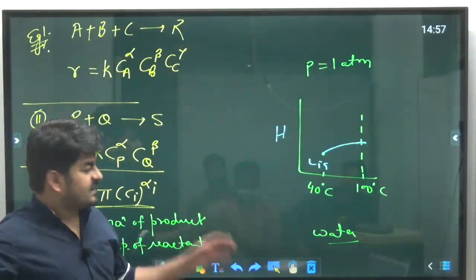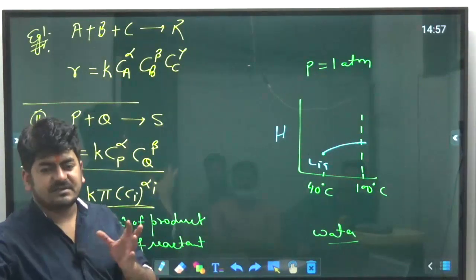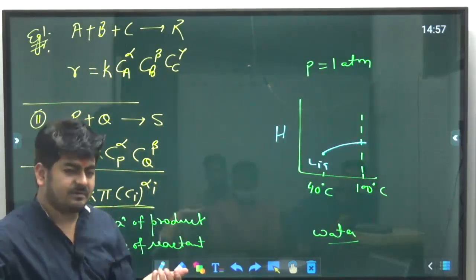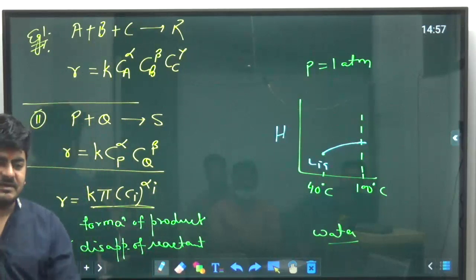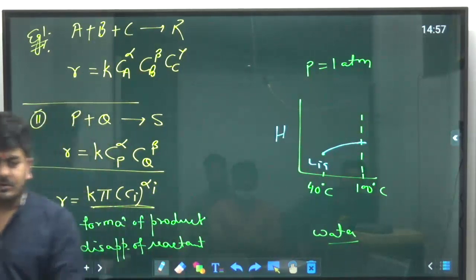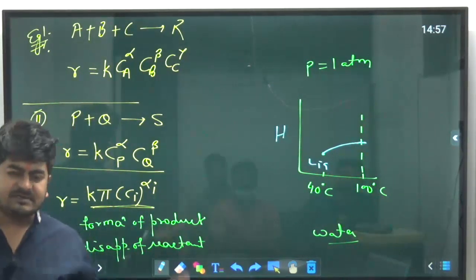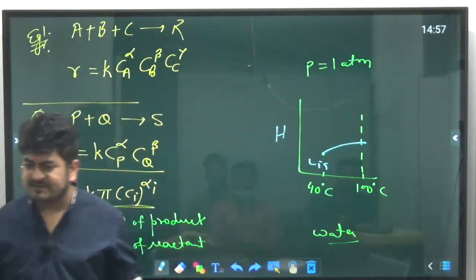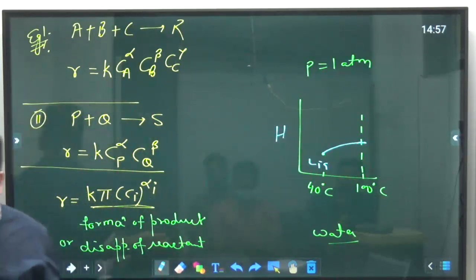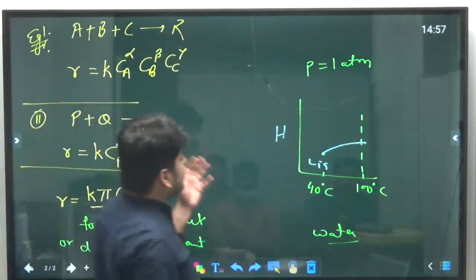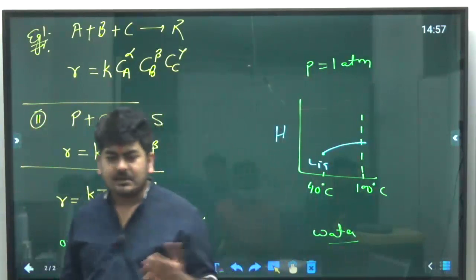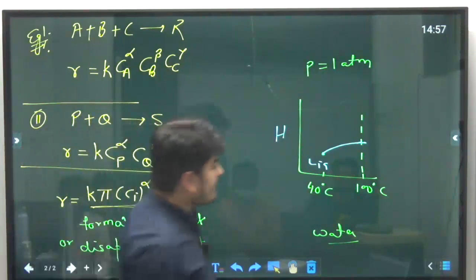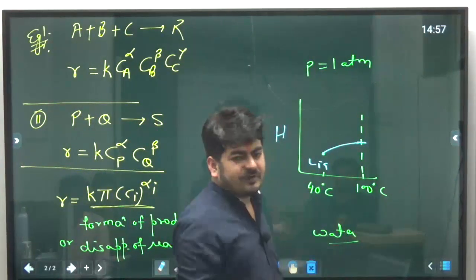Saturation means the upper limit or the lower limit basically. We have touched the limit, we are on the verge. Now either we can go on this side or on this side, and both of these sides are two different phases or two different types of systems. When we are talking about the vapor-liquid phases, this side is liquid, this side is vapor. So if I further supply the heat, what will happen?